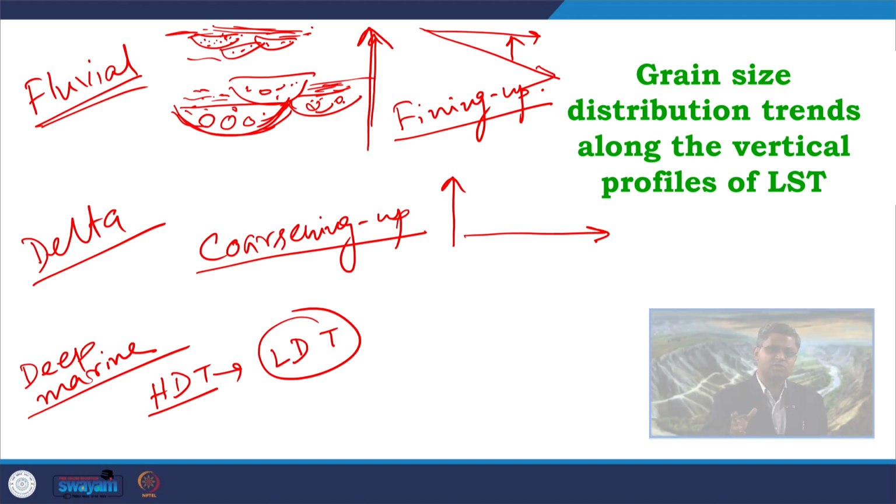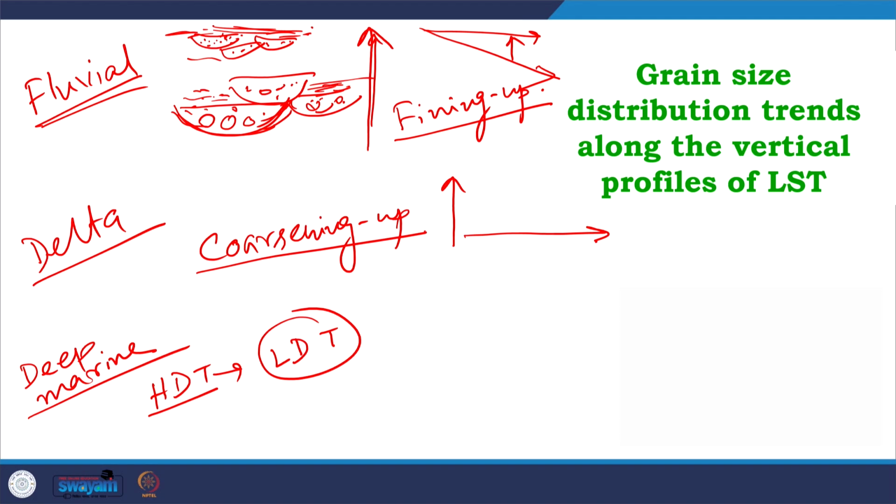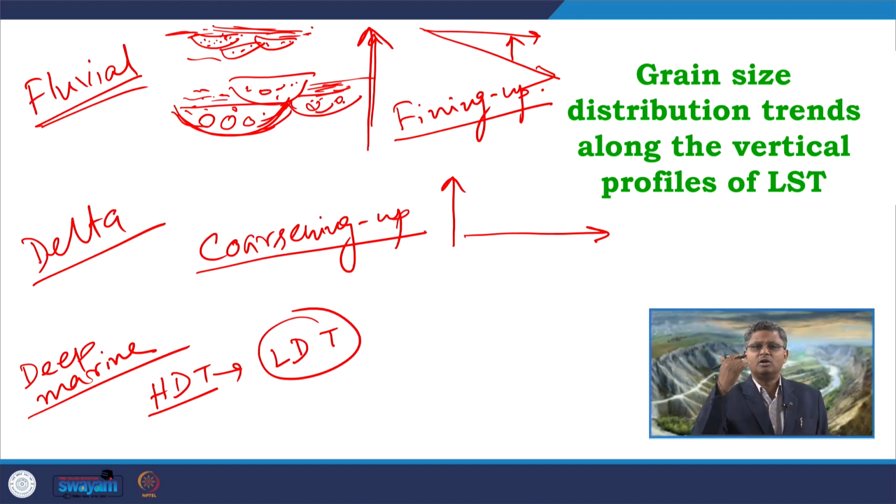It is getting captured in the marginal marine part, and as a result the supply of coarser clastics into the deep marine part through turbidity currents is also decreasing. So overall in this portion, what kind of depositional pattern can we expect? Gradually, the individual units will be sand dominated low density turbidites. The first turbidite deposit, the low density turbidite, will have a relatively higher proportion of sand, and definitely the grain size of that sand will be a bit coarser.